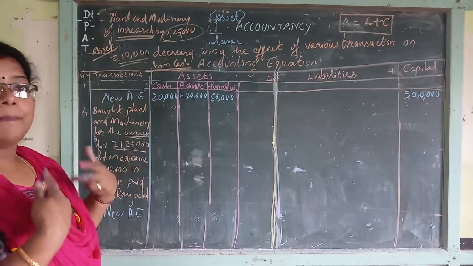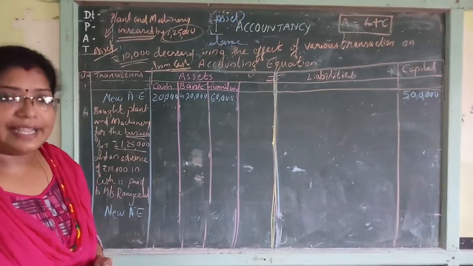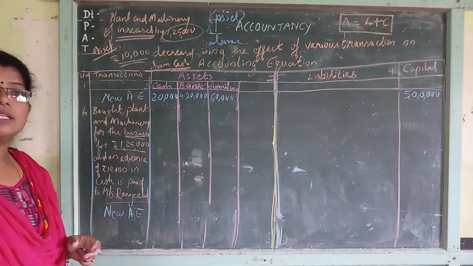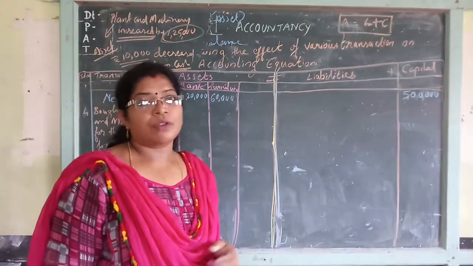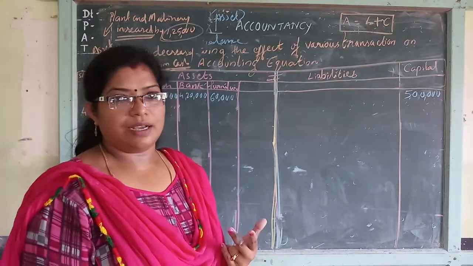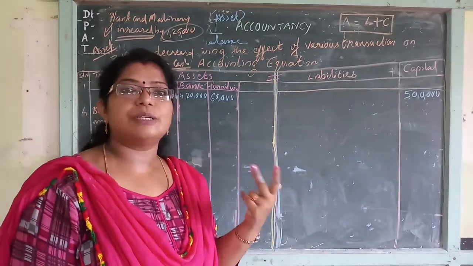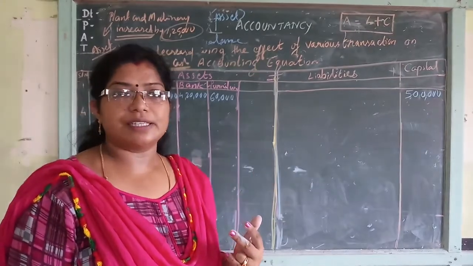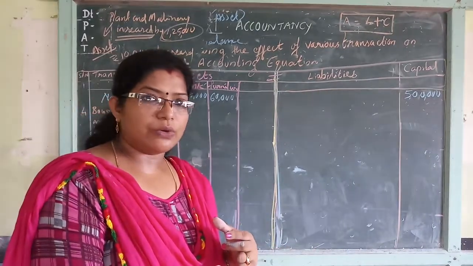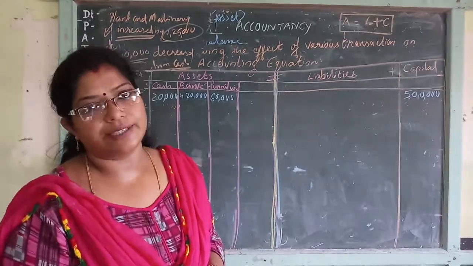1,15,000 is payable. The business wants to pay later, because to whom? To Messrs. Ramjilal. So Messrs. Ramjilal is our creditor now, a new liability to Messrs. Ramjilal. So in such cases, Messrs. Ramjilal is our creditor because we purchased plant and machinery on credit basis, credit basis plus cash basis. Cash paid of 10,000 only, balance credit transaction 1,15,000 has occurred here.